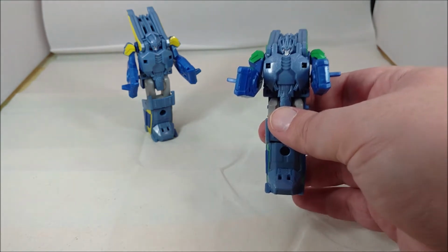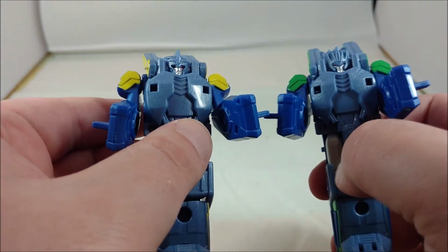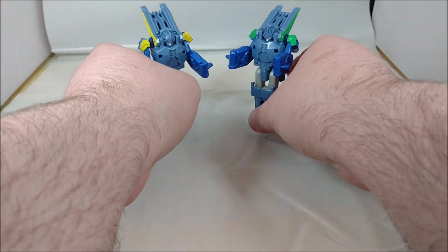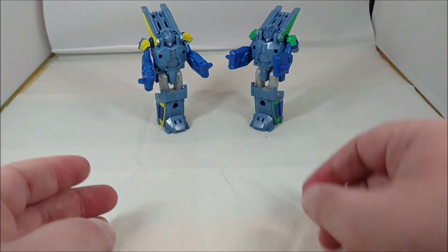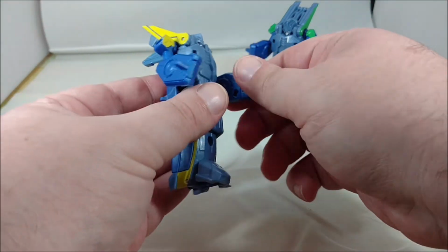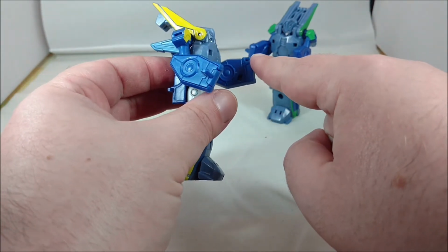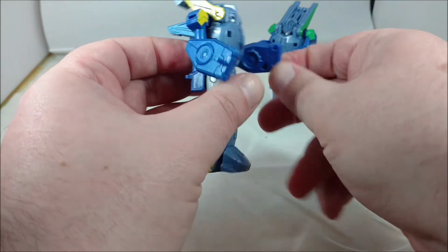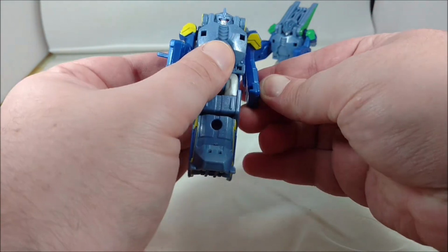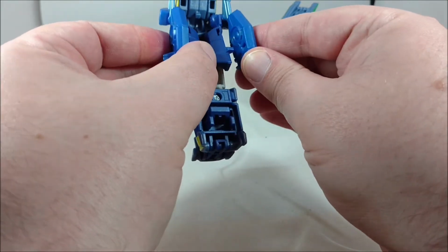And here is Skyjack's head. So you can tell there is a very slight difference in the molding of the crests, which of course are not painted. So they do form the arms. So to get into that transformation, now the instructions really aren't clear about this part. If you look in the inside of the arm here, there are two little slots. This slot right here, which basically makes up the fist hole, that's for vehicle mode. This secondary slot is for combine mode, and you want to just basically swing the arms back and peg